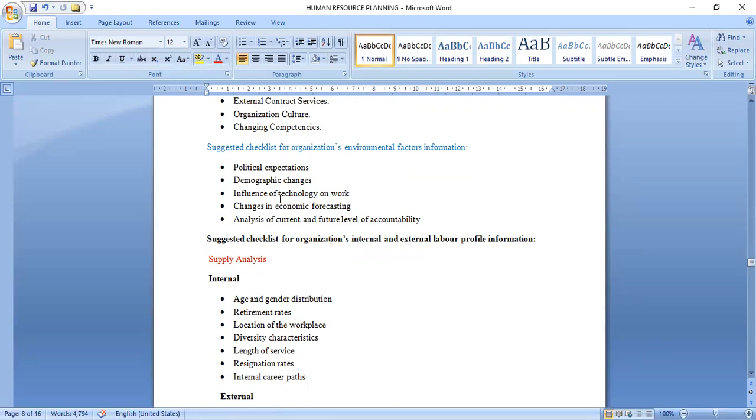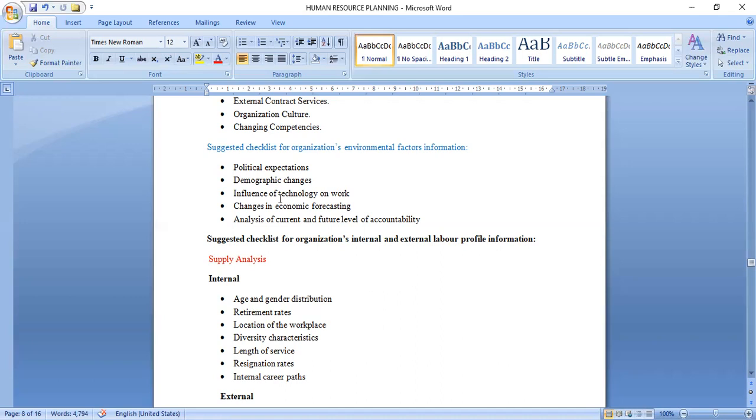Then also you have to do what we call an environmental scan. This is the analyzing step of the human resource planning, which is step 1 of the human resource planning process. So still under analysis, you can do what you call environmental scanning. Then you analyze the environmental factors that affect the demand for labor. Here we are looking at the demand for labor because this is the human resource planning process.